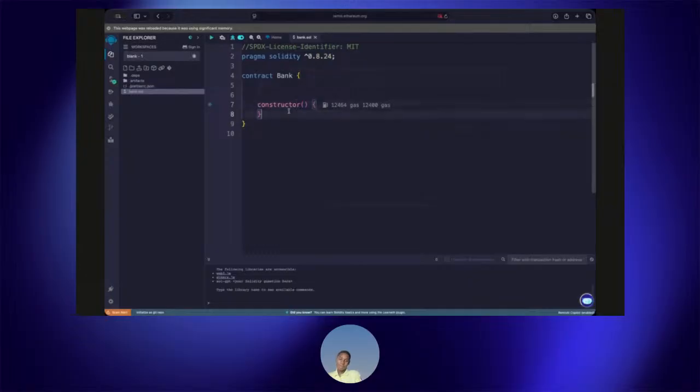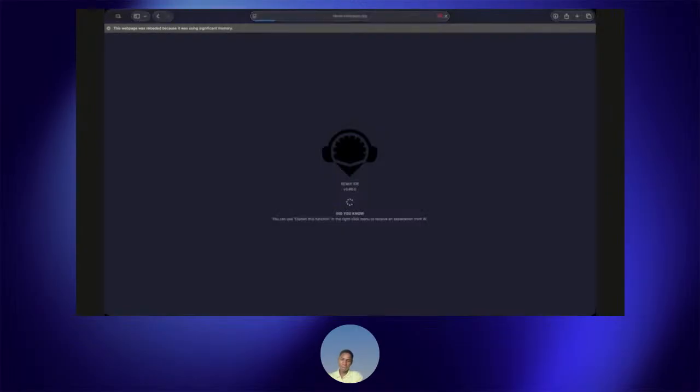Okay, so for the first thing to do, we have to write a function to deposit. In your bank, you have to deposit. You can also withdraw. So just to name the functions we are going to write, let's start with deposit. The second will be withdraw, which will allow you to withdraw funds, and we can have some getter functions to check balance.